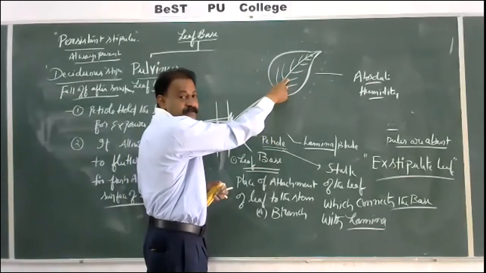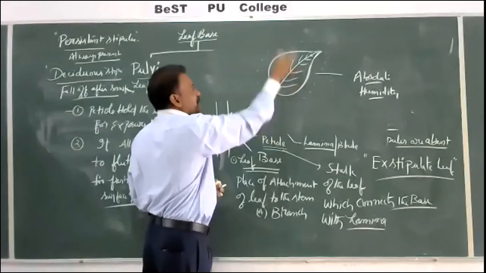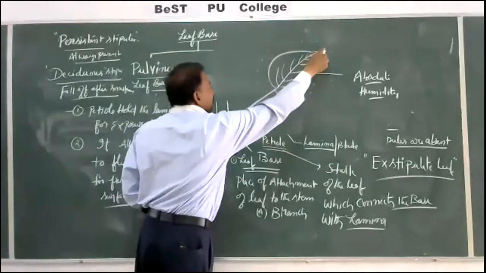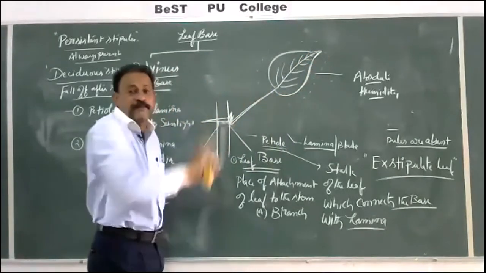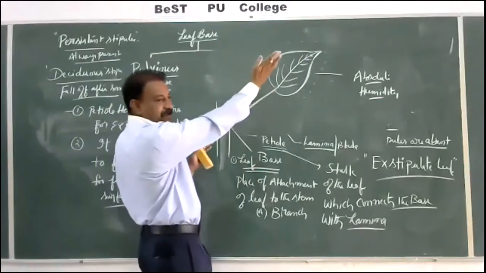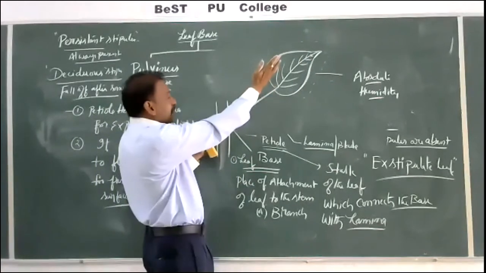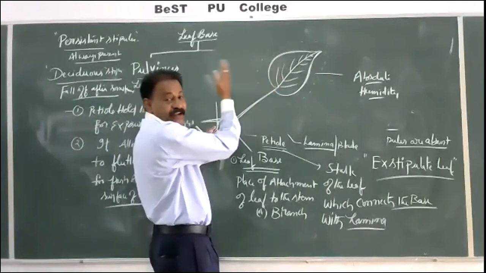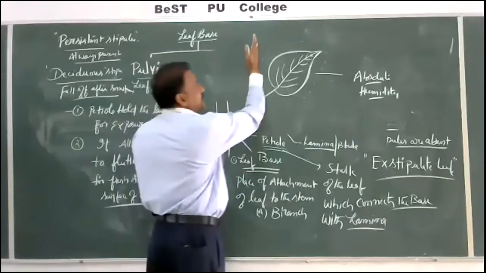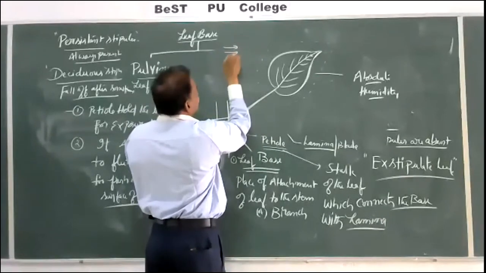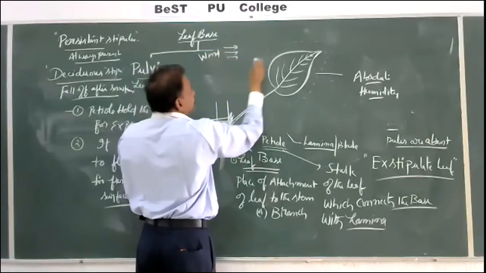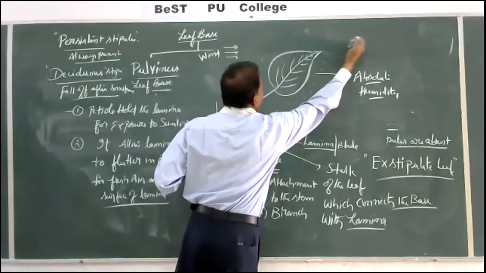Listen carefully, concept. And always by transpiration, some amount of water and some amount of air is present here, which is called absolute humidity, not disturbed. Now, when petiole is allowed, see here, during wind, when wind comes, with the velocity of the wind, this area will be disturbed.